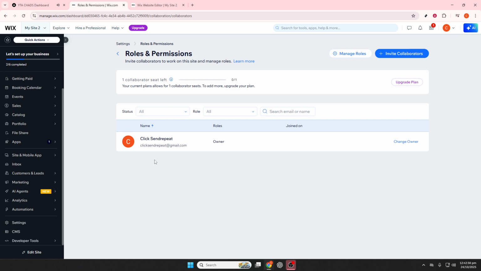A website manager can take care of site content, SEO, and publishing, while an editor can make changes to pages, text, and media, but doesn't have access to billing or settings. Blog writers and back office managers have specific roles, handling just blog posts or store orders and bookings, respectively. If you have a billing manager, they can only manage subscriptions and finance-related aspects. Finally, a domain manager handles domain settings,